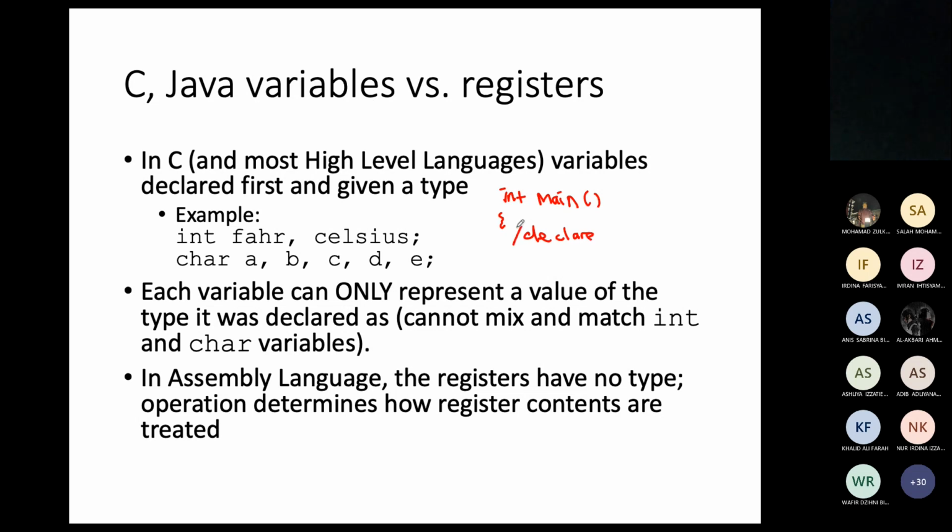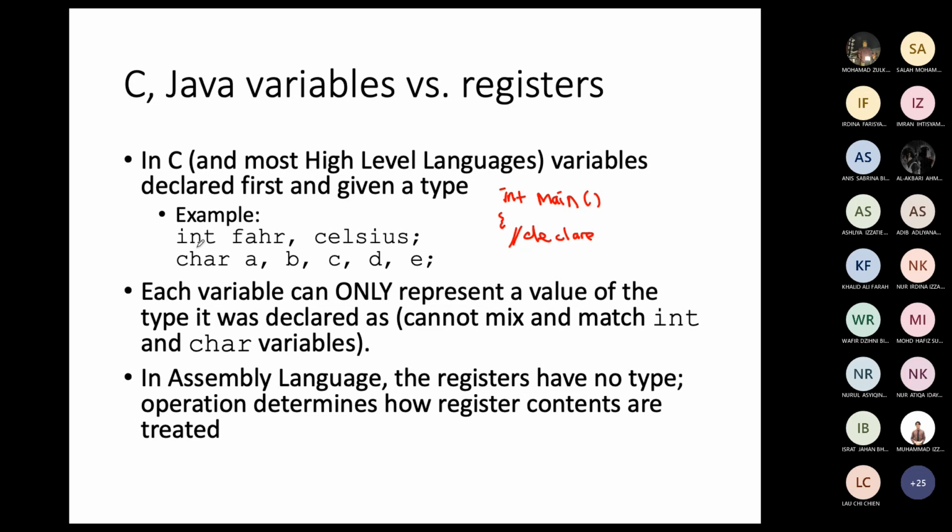Here you would declare your variables. For example, variable Fahrenheit is data type integer, Celsius is data type integer also, and then variables A, B, C, D, E